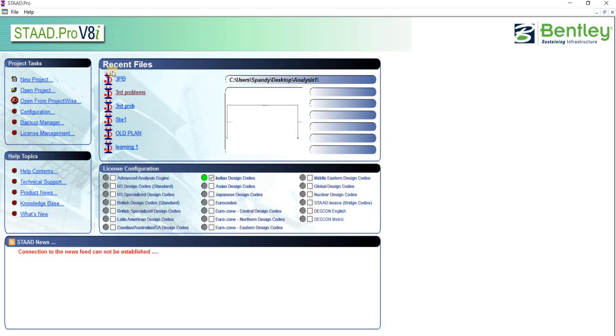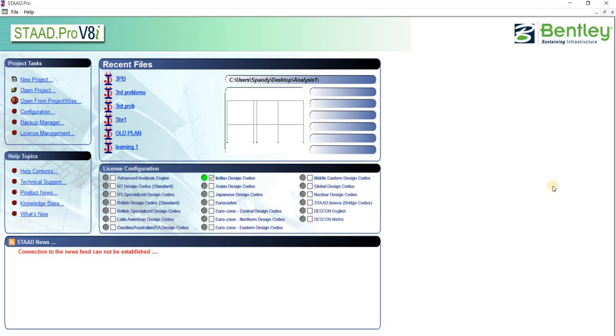Recent files are whatever we have recently used; those file names will be stored here, and you can check the preview of those files. The next thing is help topics. Here you can get a user manual and know more about this project. Then this is for license configurations.